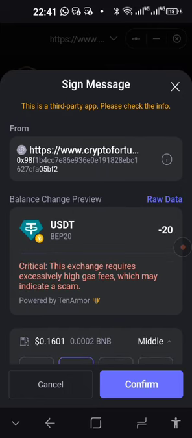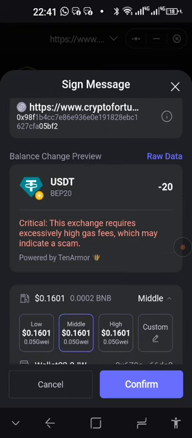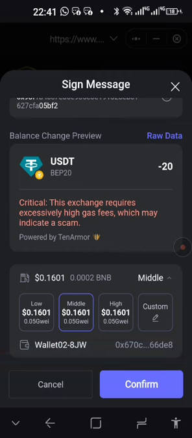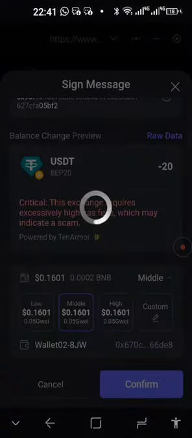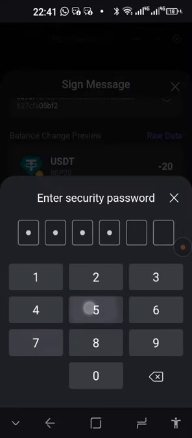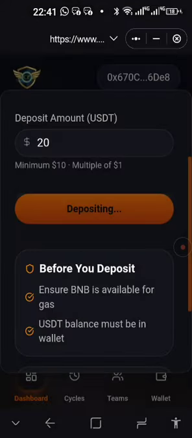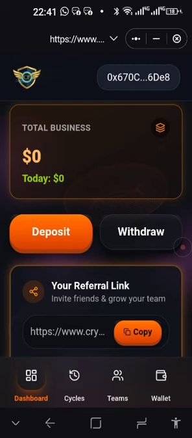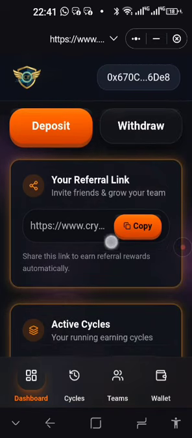I don't know what is considered high gas fees, because you pay about 10 US dollar cents, and it's explained and shown here. Today that shows 16, but it's never that high. It's really very low fees. Alright, and you're going to confirm it again. And you're just going to wait until you get the message: deposit successful. There you go. And now you will see your link is available, it's active.